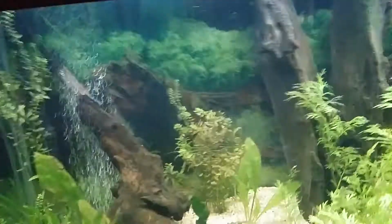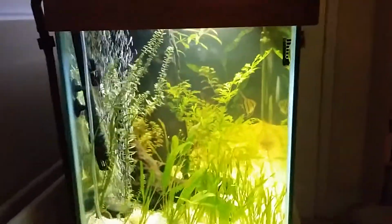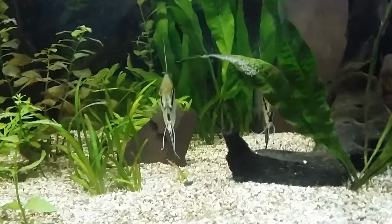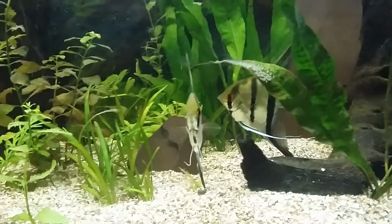It's the other tank. Now this tank is much deeper from front to back. There's a lot more volume in there. I've not got more fish in there because these two, again Peruvians, have laid. You can see the eggs there on that leaf,